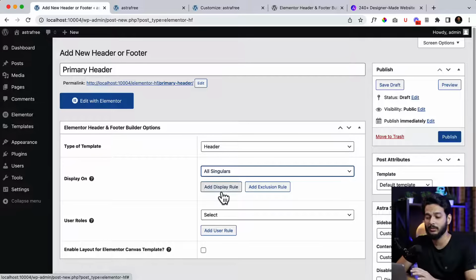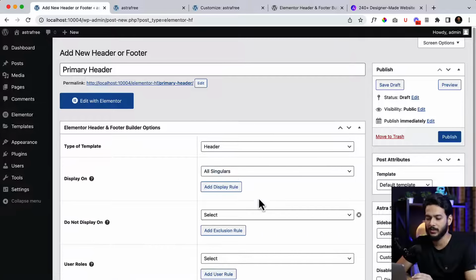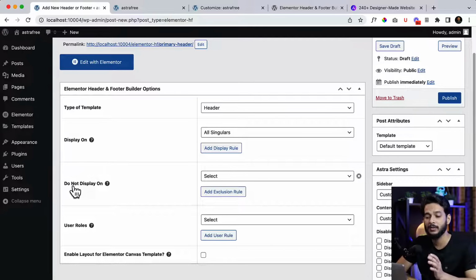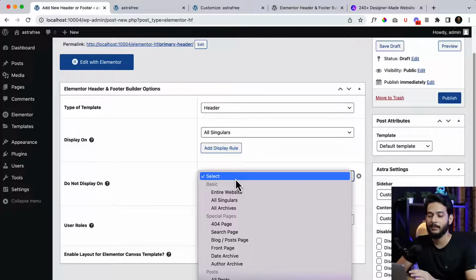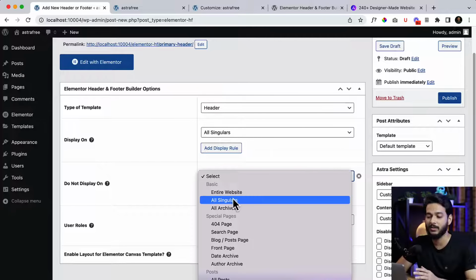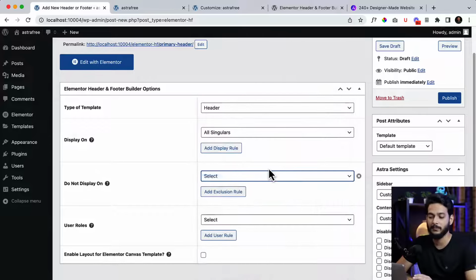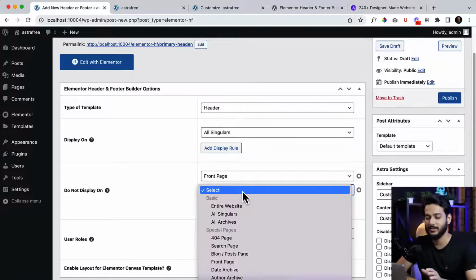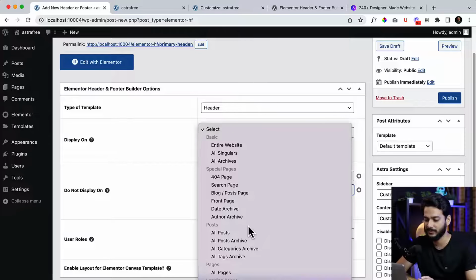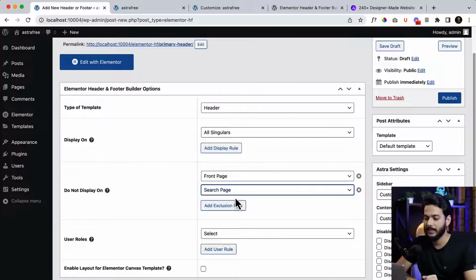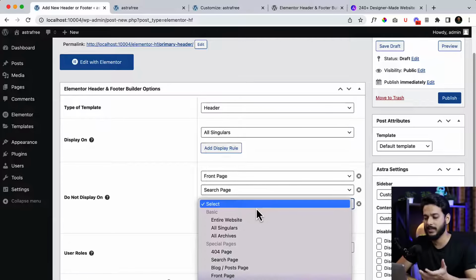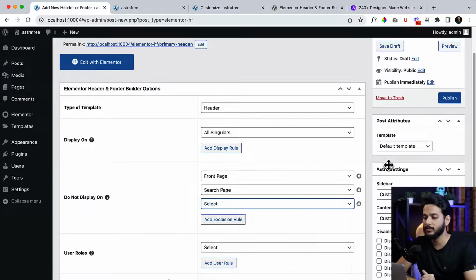If you want, you can also add exclusion rules, which is very important. If I click over here, that means do not display on. So I do not want to display this header on front page or search page. You can select as many as you want. So let's say if I select front page, I can add again. So this is just an example. Let's add search page and add as many as you want,